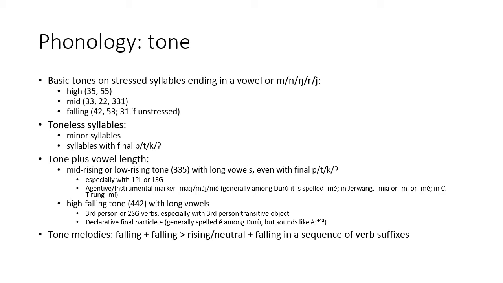Minor syllables are toneless, and syllables with the final p, t, k, or glottal stop are typically toneless unless there is vowel length added, in which case it will either be mid or low rising or high falling. Tone melodies include falling plus falling becoming rising or neutral plus falling in the context of 2 verb